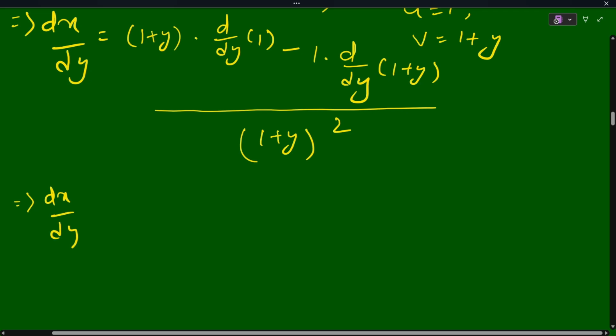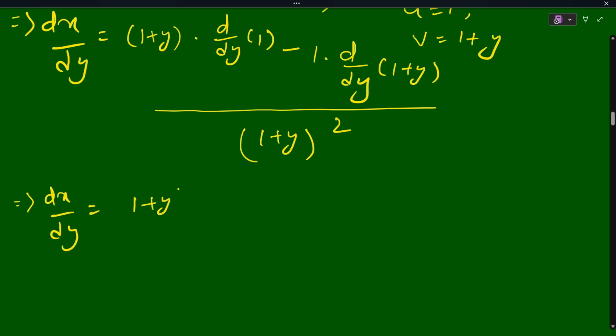Now this term is 1+y. Then the derivative of 1 with respect to y is 0. Then how to find d/dy of 1+y? Use the linearity principle. It will go towards here and it will go towards here. So by the linearity principle, this term would be this much,